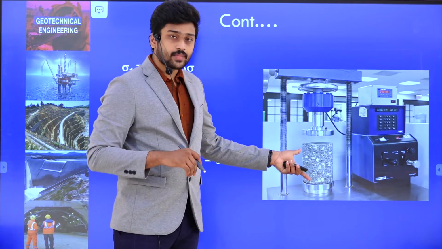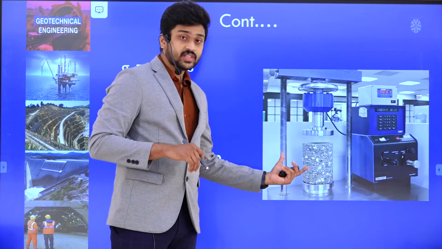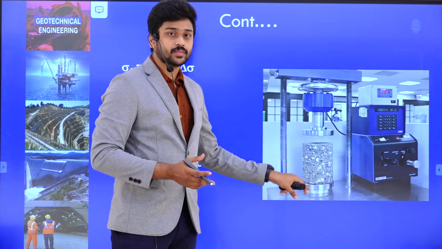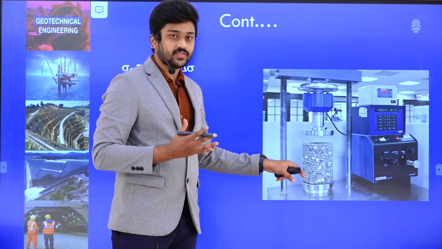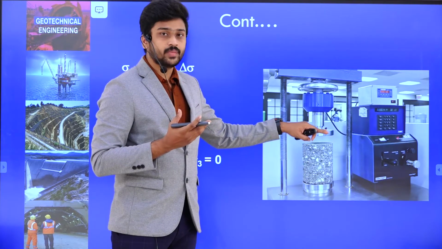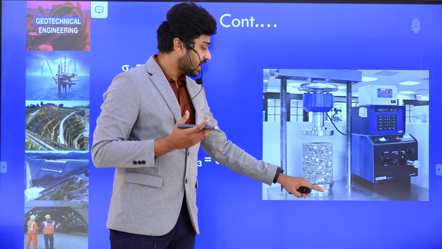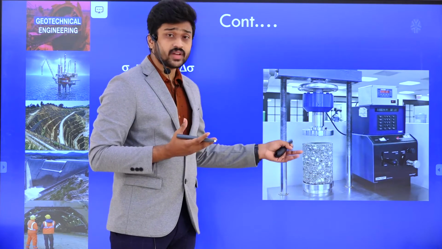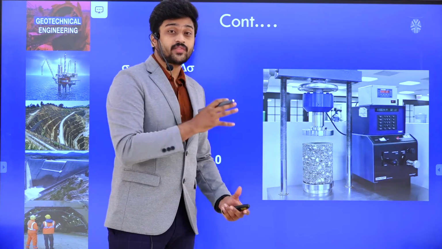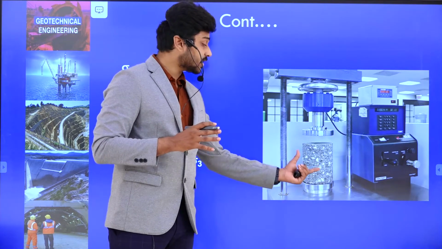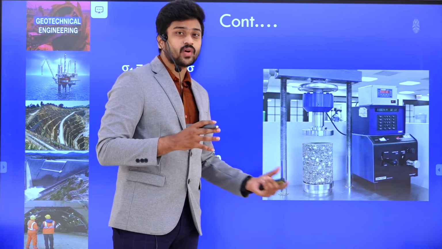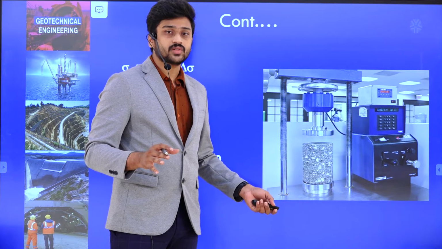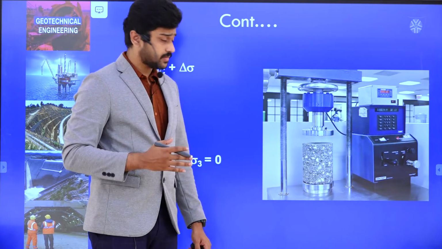Say this is a clay sample which is present. If you look here, it is directly placed in the experimental setup, and there is no porous disc on top and bottom for dissipation of pore water. A steel plate is there for exertion of load, and a steel plate is placed at the bottom so that it is supported. So that is why it can be performed as unconsolidated. What is unconsolidated here? That means dissipation of pore water is not possible. Similarly, there is no drainage in the shearing stage also. That is why it is an unconsolidated undrained test.